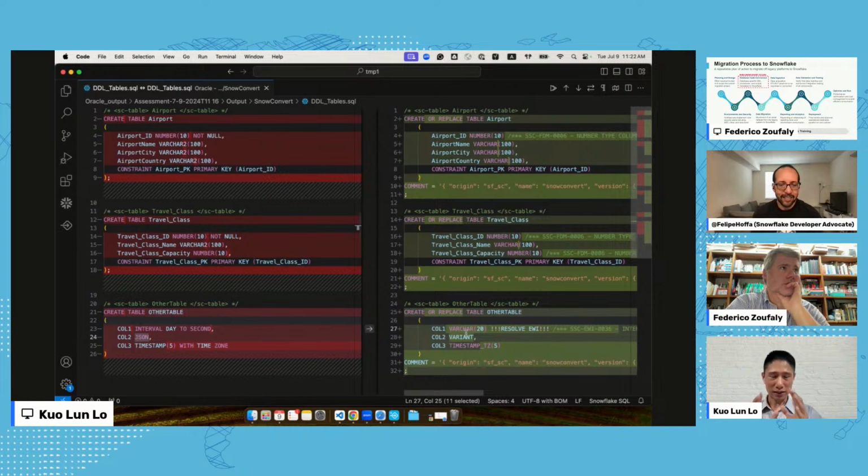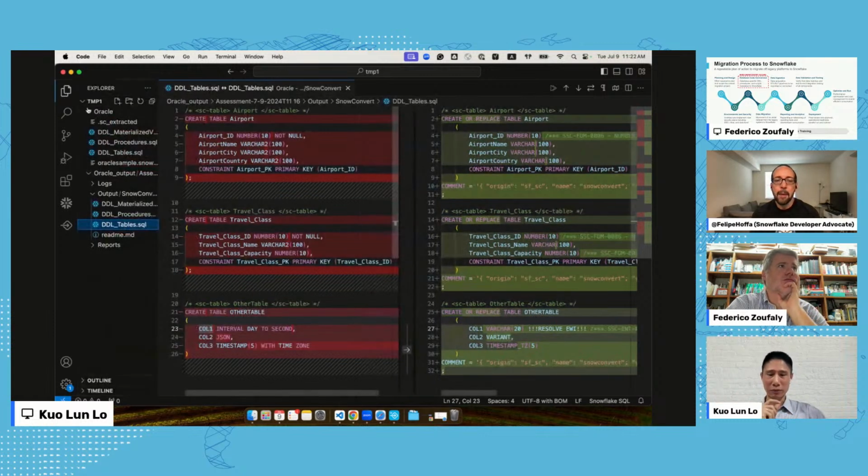So it not only translates the data type directly to varchar 20, but it will also go and take a look at all the views and procedures that are referencing this column, and it will apply the transformations to let the code behave the same as Oracle's behavior.